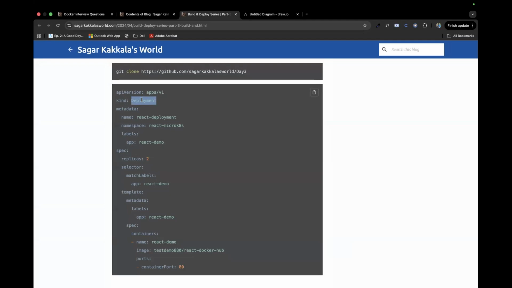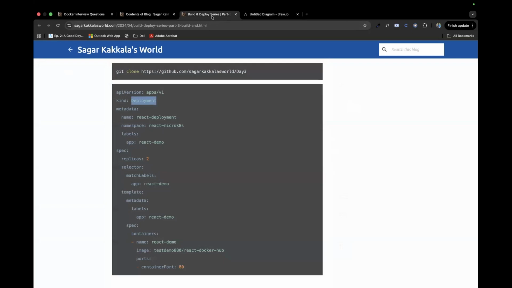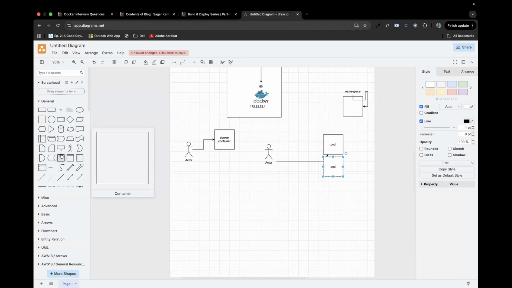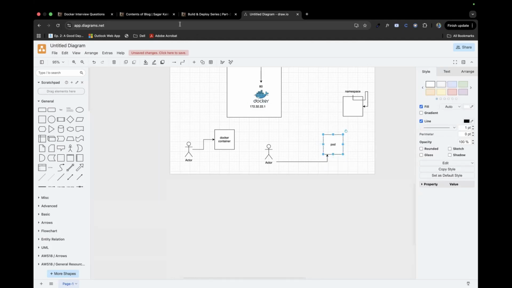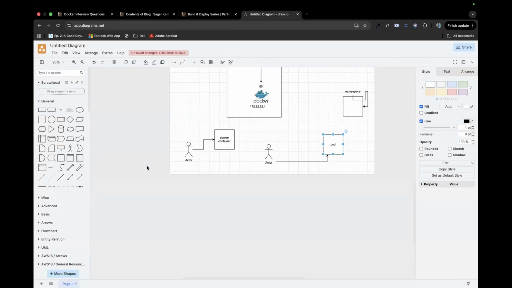Deployment is nothing but the same pods, but I tell how many pods I need. These are the replicas. Here I'm saying I need two pods. What the Kubernetes controller or master node does is, say a new joinee came and accidentally deleted a pod. Since I mentioned replicas as two, the Kubernetes control plane checks how many replicas there are with this image. It finds there is only one, so it automatically turns up another pod.